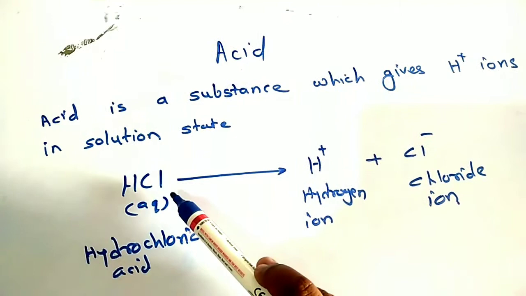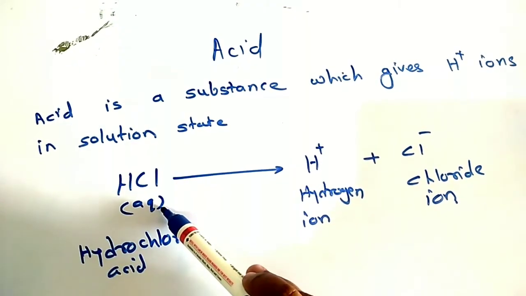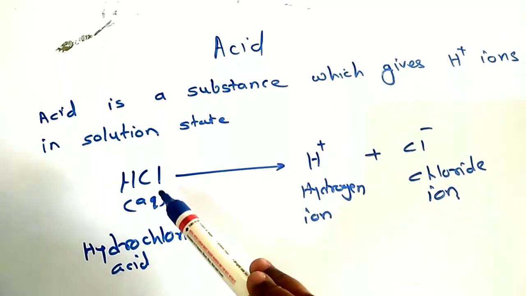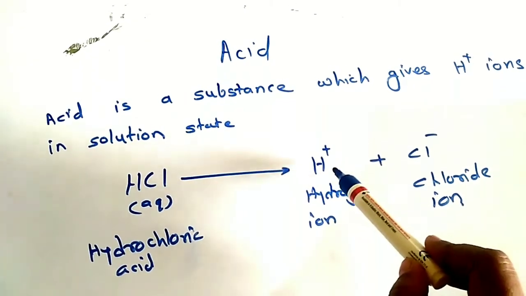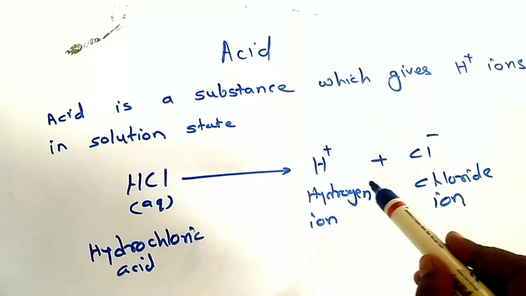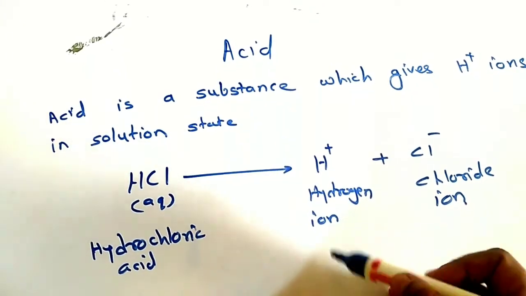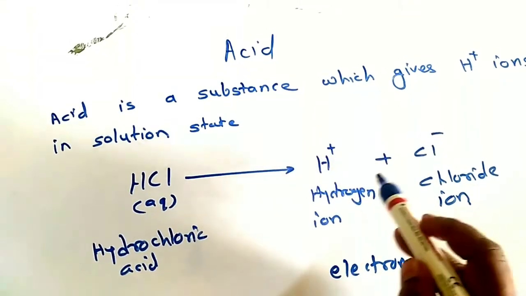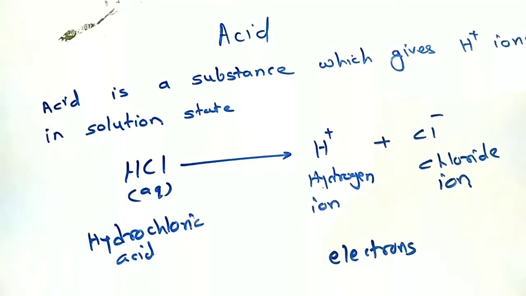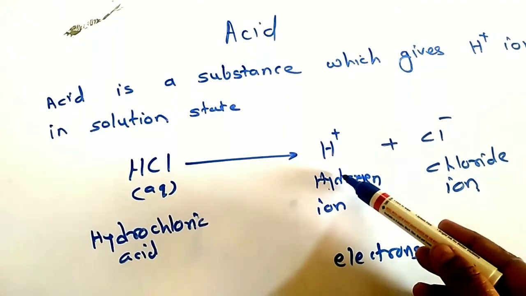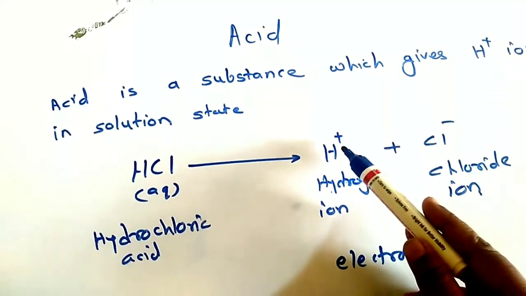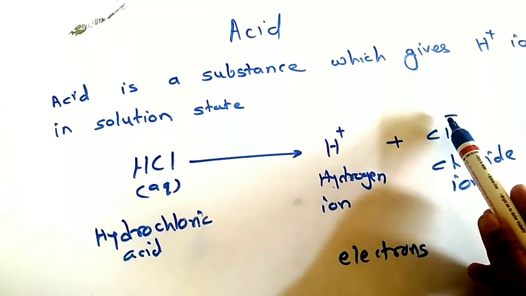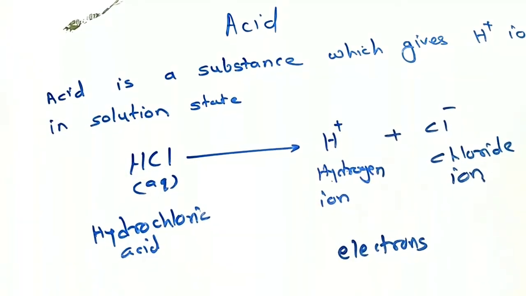So when acid is dissolved in water, its solution becomes aqueous, which means the solution of acid in water is called an aqueous solution. When acids are added to the water, its constituents, hydrogen and chloride, get separated. But here a give and take relation takes place between electrons and as a result ions are formed. Here hydrogen ion is formed and here chloride ion is formed. So an electron is donated from hydrogen, as a result hydrogen becomes a positive ion, and this donated electron is accepted by chlorine, hence it becomes a negative ion, hence it is called chloride ion.